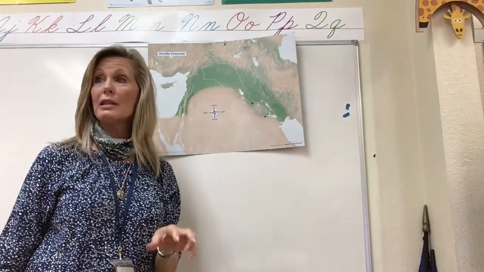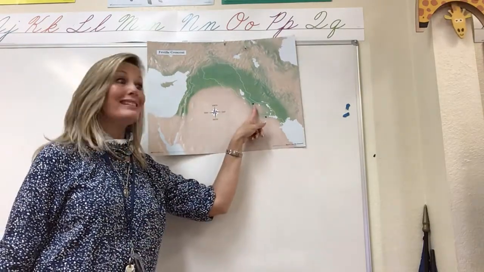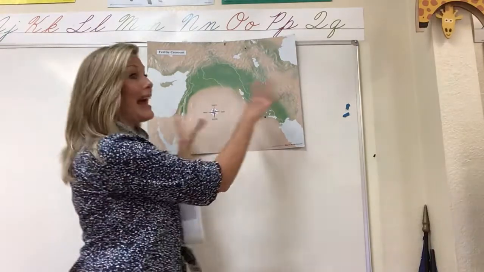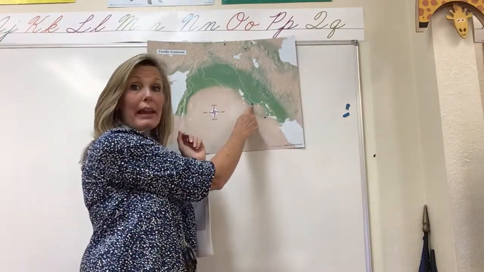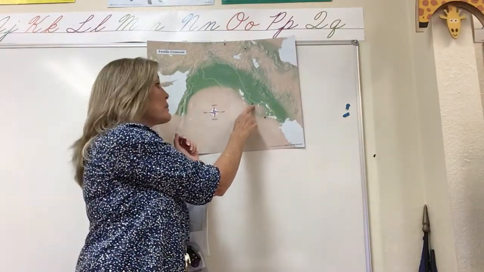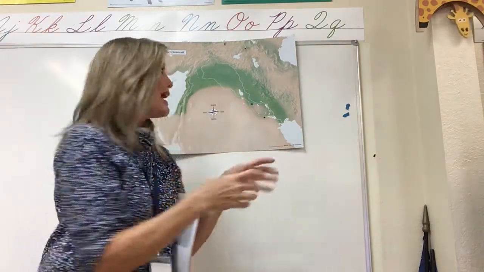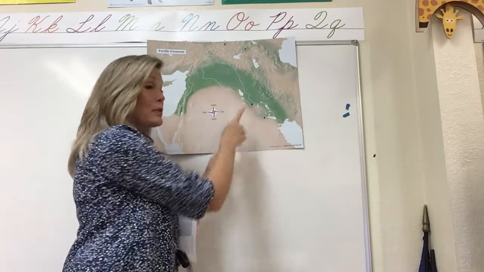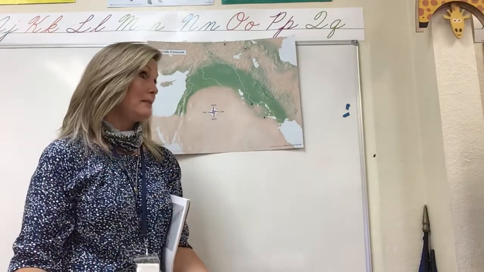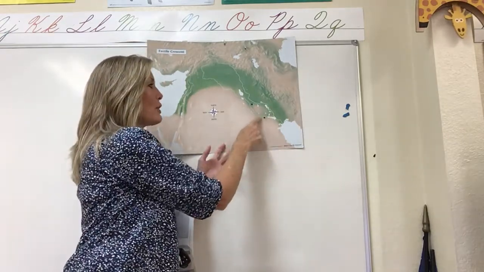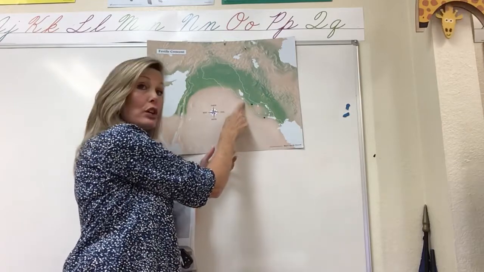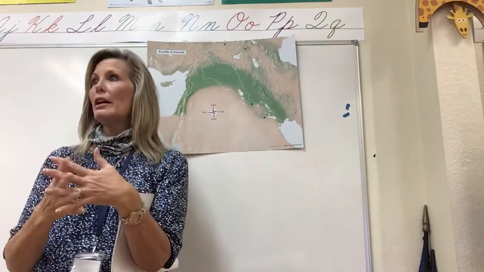Because God destroyed the Tower of Babel. The people that did stay there, because remember God told them to scatter. Well, one group did end up staying there. And that was the group that ended up building Babylon. And Babylon was the capital city of Babylonia. Sumer was here. Babylonia was here. And Babylon,